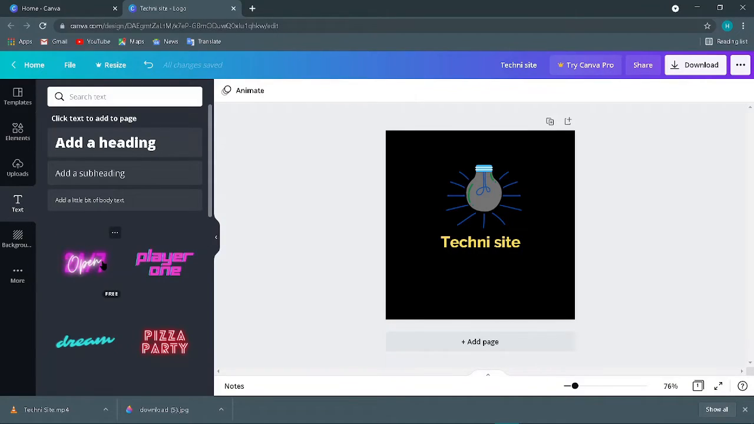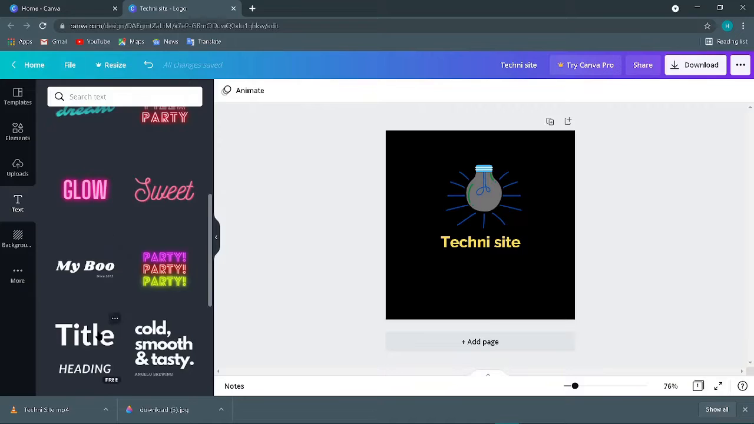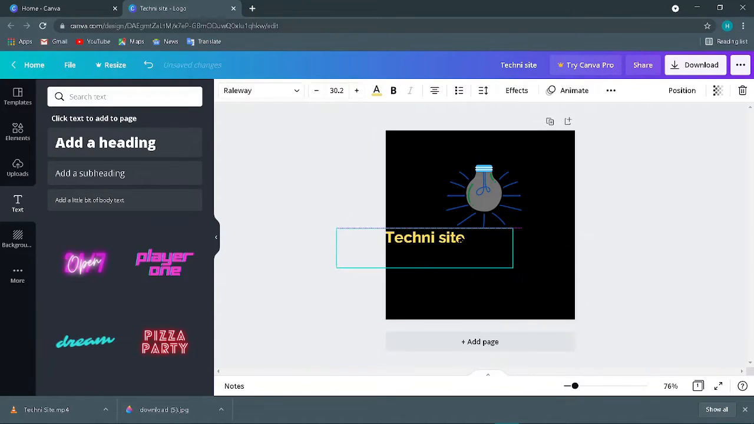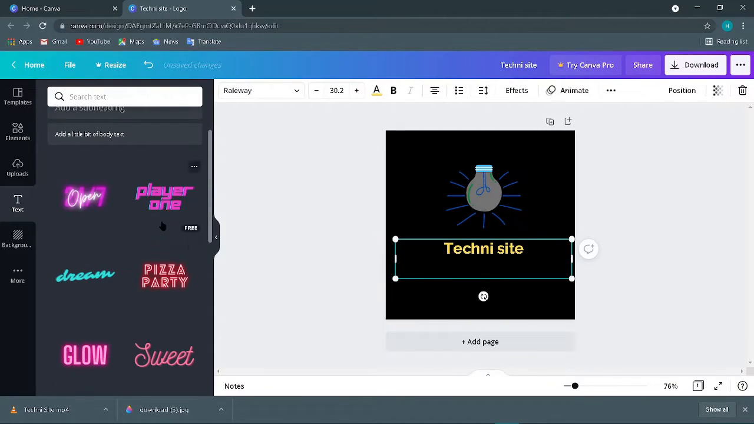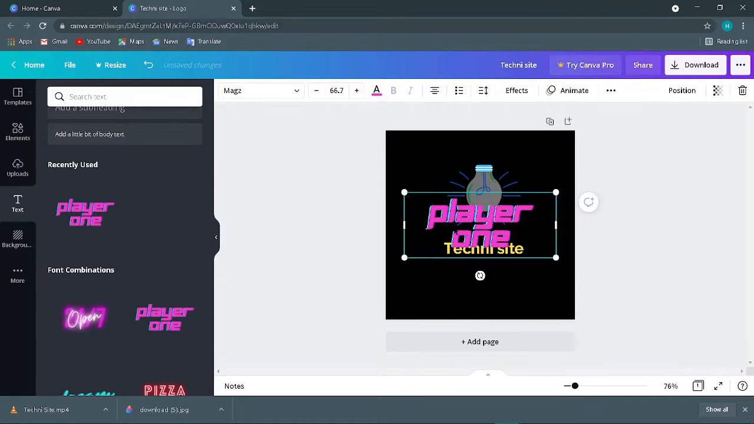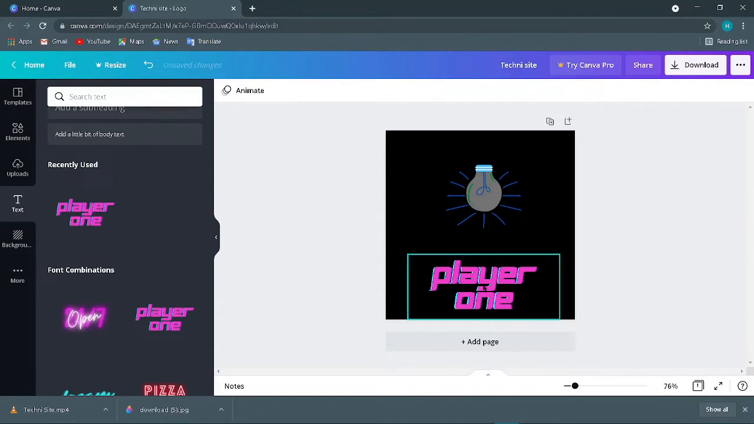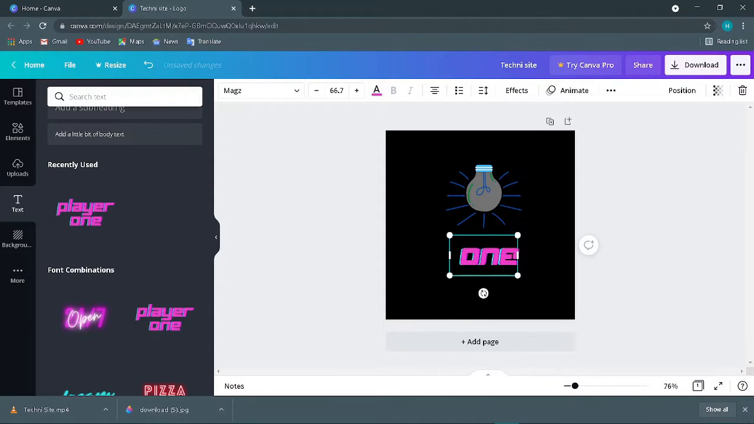Next, text. What is text? Text is a section where you can get different amazing fonts for your text over here for your logo. So for example, I think I like this, so I'm going to use that. Just going to delete this one like that. Over here I can just change the text,